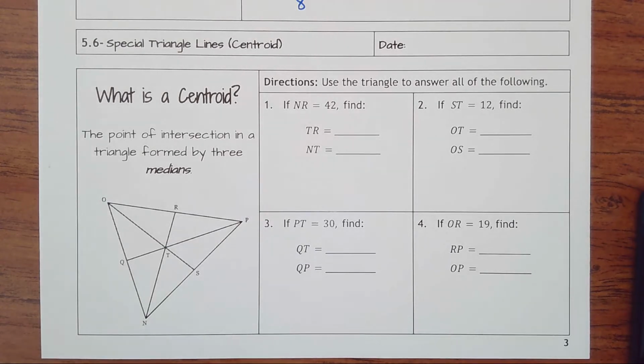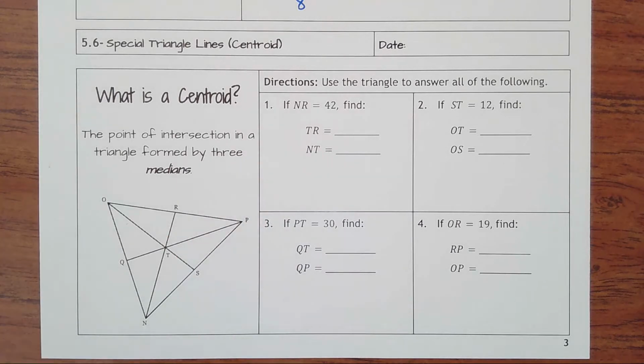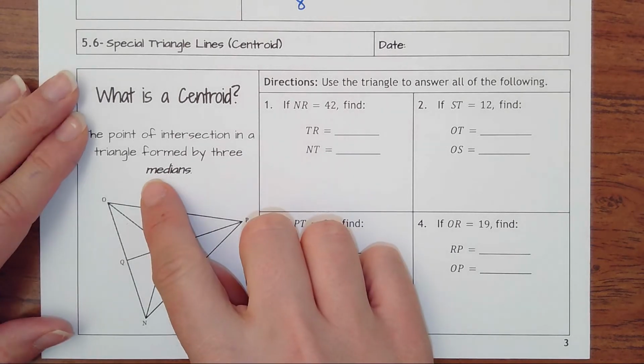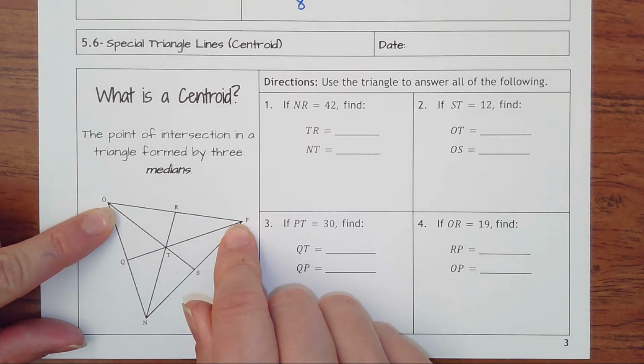5.6, special triangle lines. We have this thing called a centroid, and think of the word central kind of in there. So what is a centroid? It's the point of intersection in a triangle formed by three medians. Medians are when you are taking the middle of each side of a triangle and connecting that to its opposite